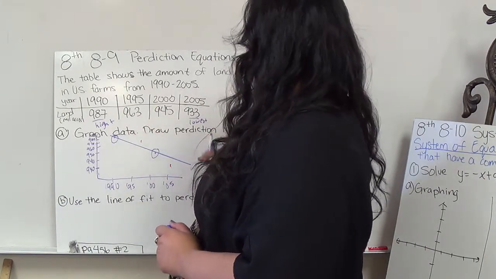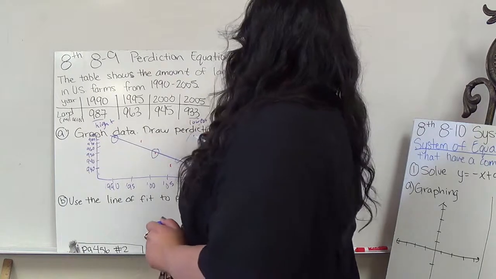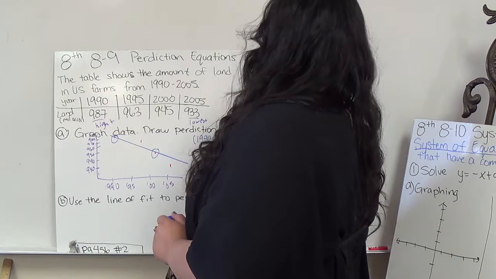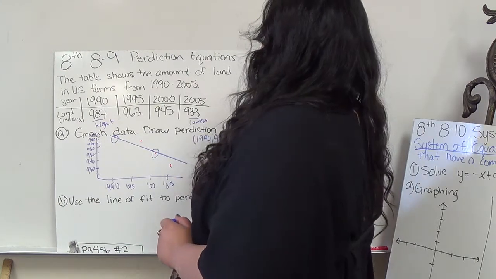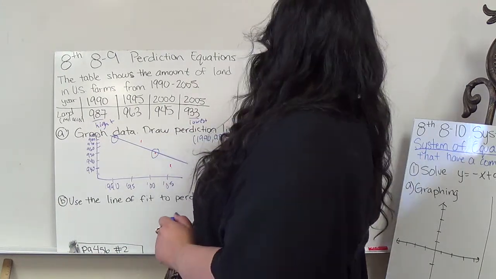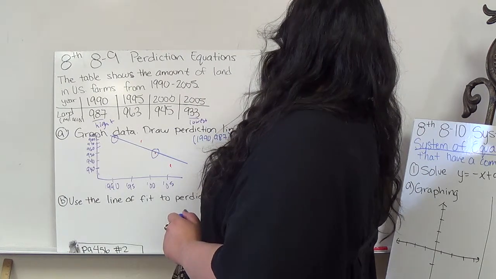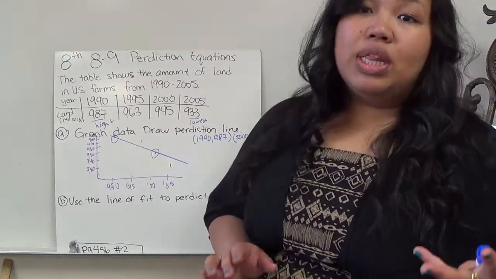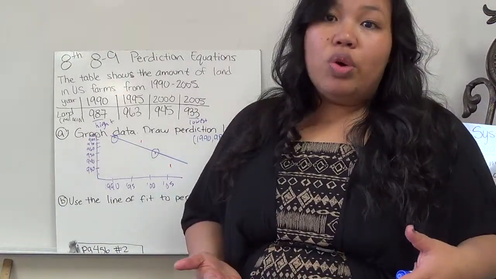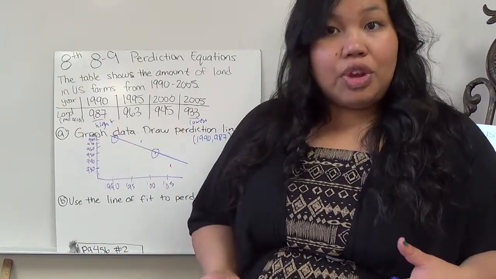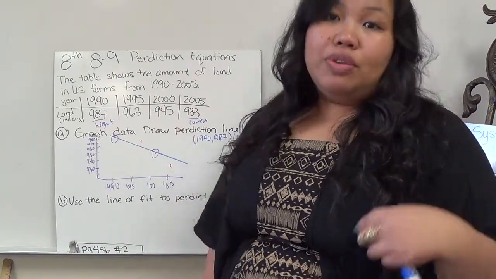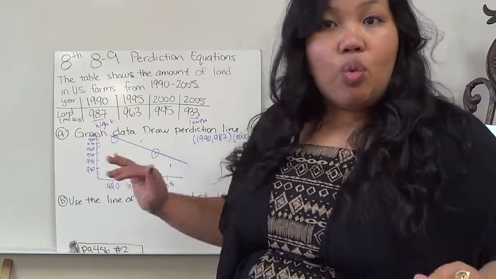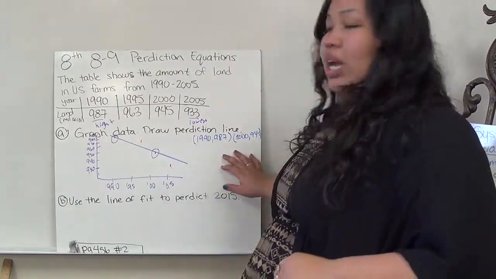So my two points are, the first one is 1990, comma 987, and the second point is the third one, so it's 2,945. Now, as you can see, some of you guys might have different opinions on where the line of fit will go. So your answers might differ. It might be different than the person next to you or even the books. And that's okay as long as your line of fit matches and your X and Y, and then you find your prediction line